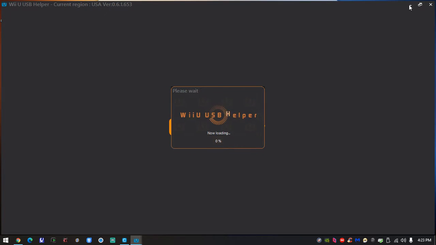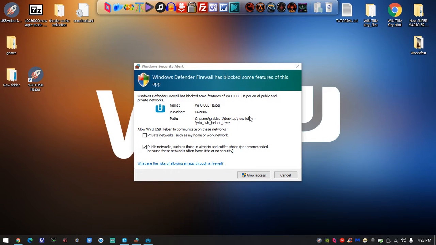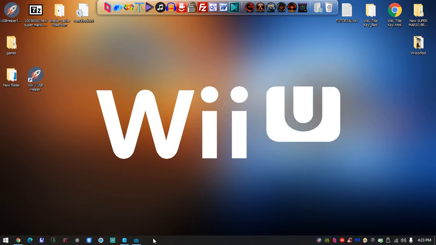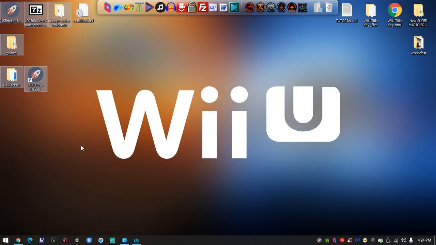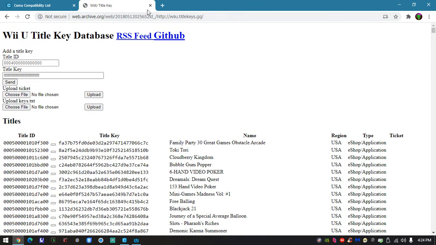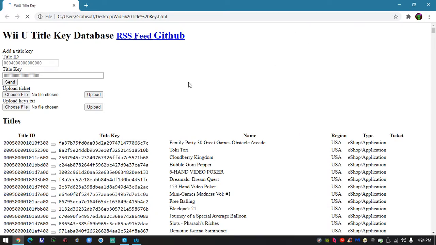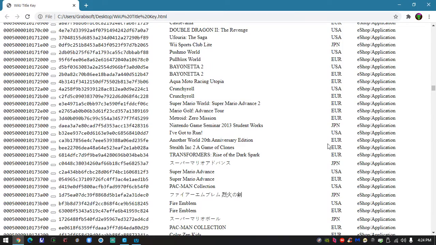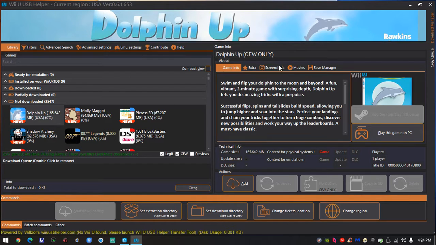And it's gonna be synchronizing. Wait until it retrieves all the latest metadata. Here also it's gonna ask to allow access, and we're pretty much ready to go. As you can see, the program is already functioning fine. In case this website someday somehow goes offline, I will leave inside my package a little backup of the page in case the website is down. So yeah, basically once we are done inside Wii U USB Helper,